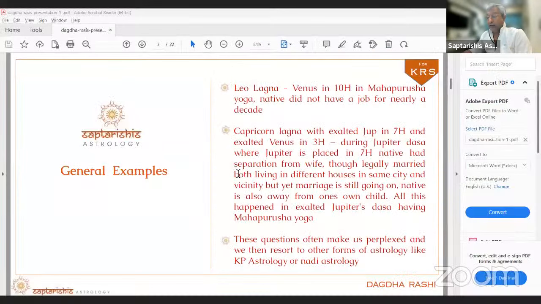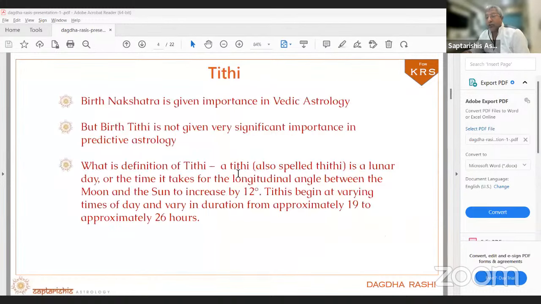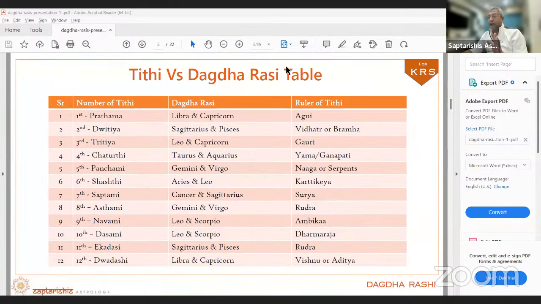Now let's go to Dagdha Rashis. You all understood that Dagdha Rashis is where your readings can fail. I'll not show you the whole lengthy presentation, because my course is Practical Prashna Paddhati, and this is just a promotional video we are doing. So you just need to understand the table. This is the table. You can all take a screenshot of it.